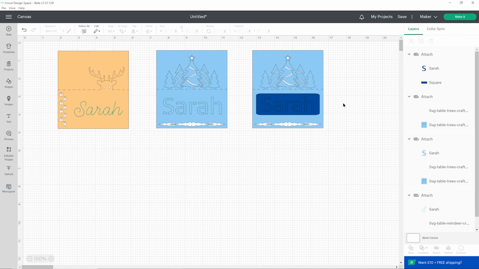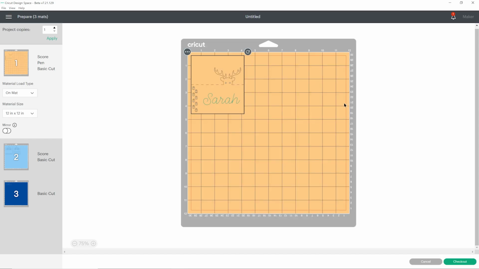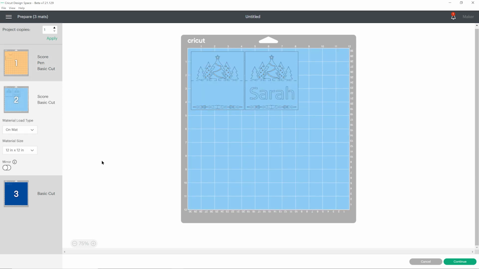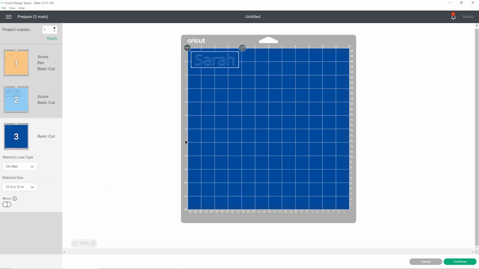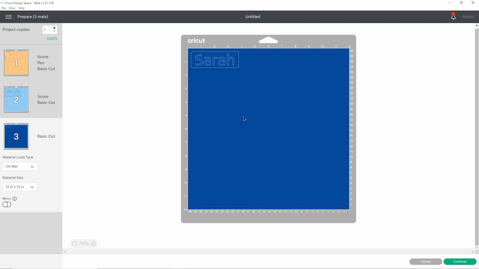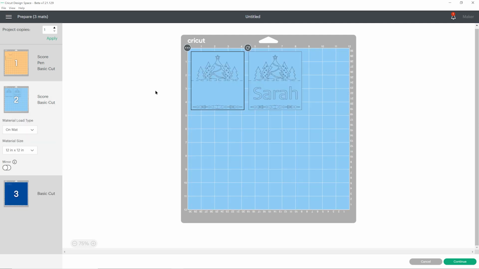Just to show you how it looks when I go and press make it. Here's my first one with my draw layer. Here's my second one. So I've got the one without the name and then the one that will cut the name straight out of it. And then my darker blue piece with my name that I will stick on top of that one. So go ahead, add as many of the different designs as you want, get them all nicely arranged with the names, cut everything from cardstock, and then we'll see how to actually make them. And it is super duper easy.